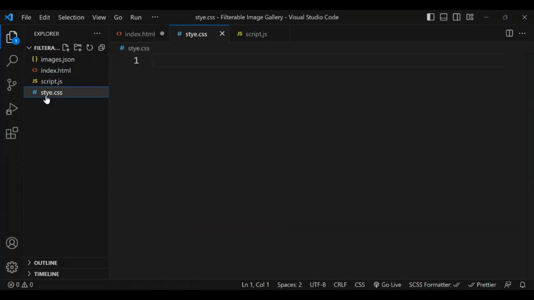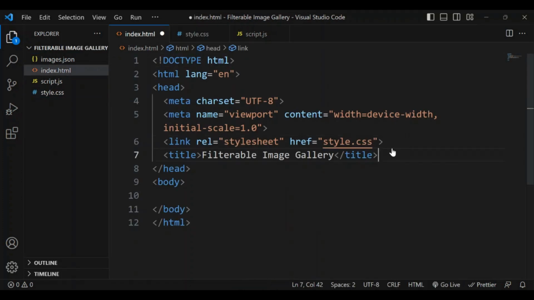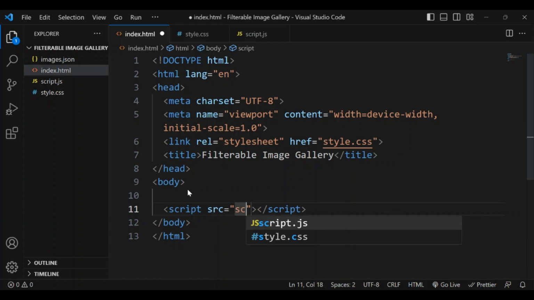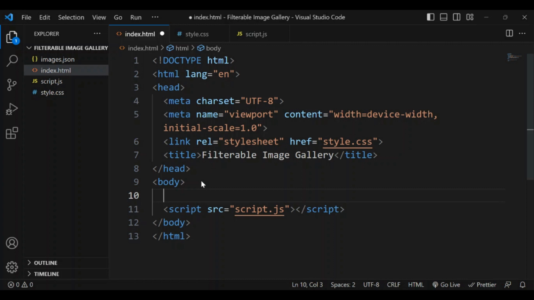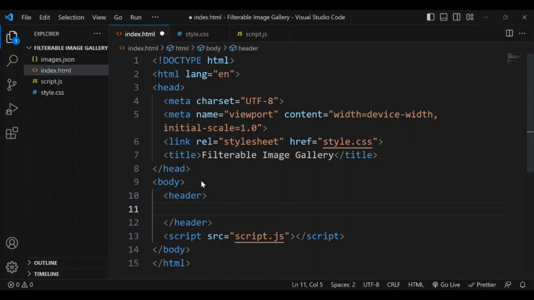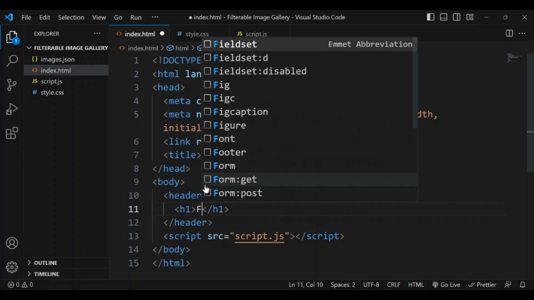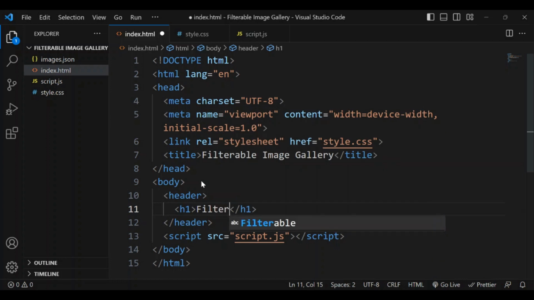I'm just going to correct the name. This should be style.css. Yeah, and I'm going to link my script file, and we're going to start writing the HTML. So first I want a header, and inside that header we're going to have an h1, and I'm going to say filterable image gallery,